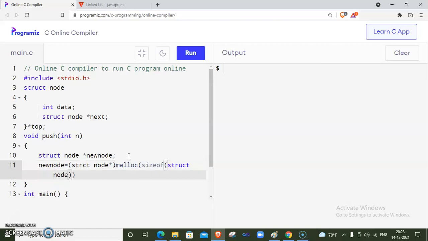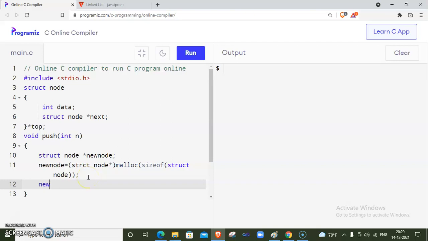So this is the whole statement. After executing this statement, memory will be allocated for one node. Now the new node will be created inside memory.